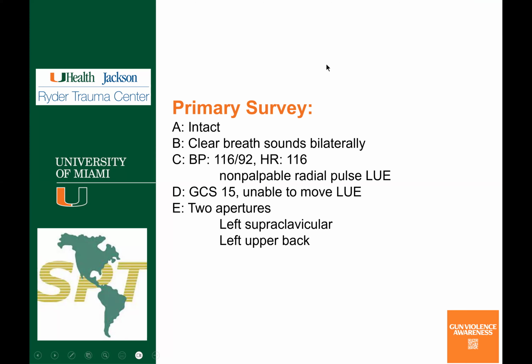Certainly all our resuscitations start with the primary survey, and some features about this patient are particularly relevant: airway intact, hemodynamically at this point tachycardic but not significantly compromised. We have the two ballistic wounds, but significantly the loss of pulses and neurologic deficit in the left upper extremity. One thing also very important to note is your chest findings. We don't have the chest X-ray yet, but certainly the lack of pulse and the neurologic deficits in the left upper extremity suggest this may be a distal axillary